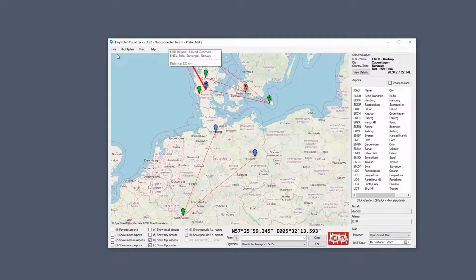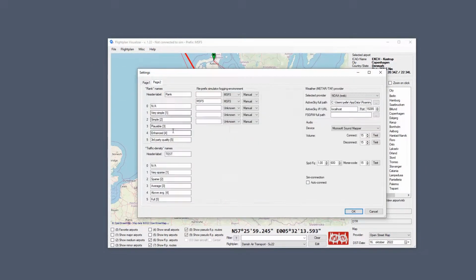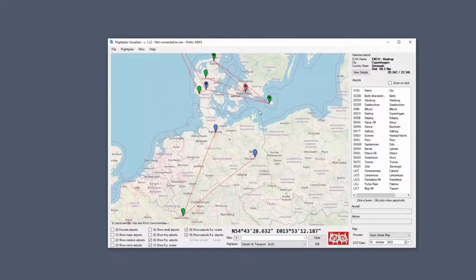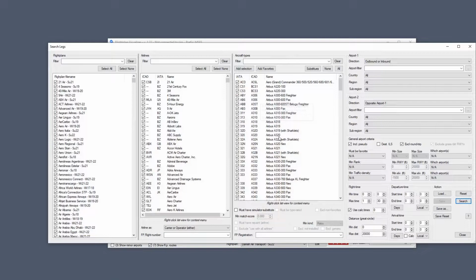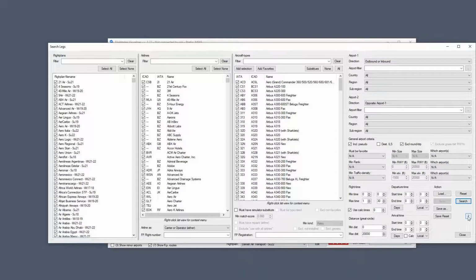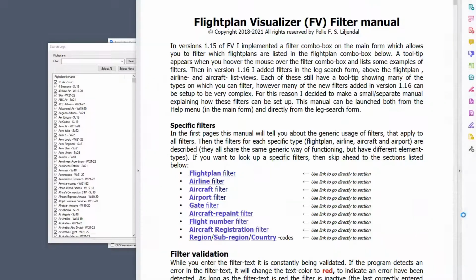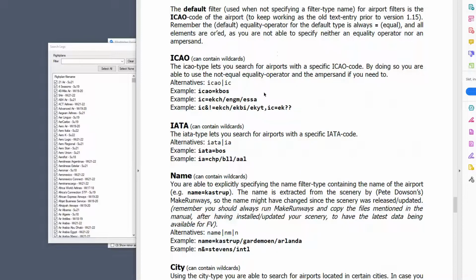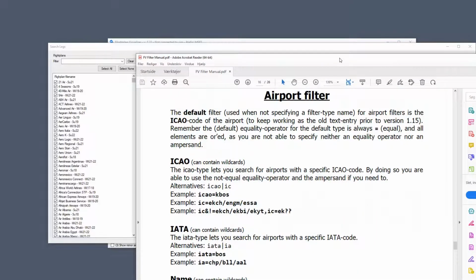So let's go back and restore the old name. When you do a leg search, you can choose to limit your airport size by using the filter. We have this filter manual. It's a PDF file that will open, and you can read it. For example, here it's airports. So we have this airport filter,